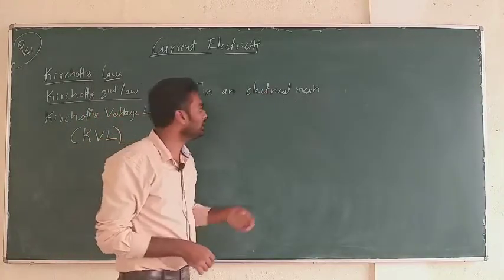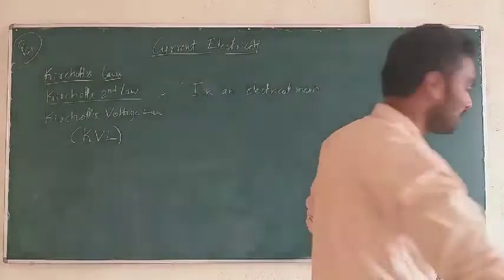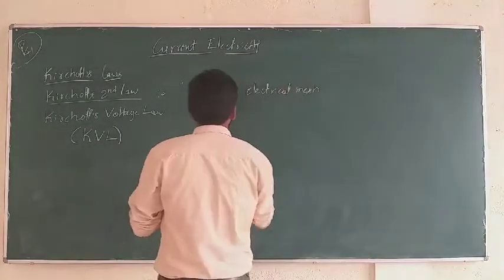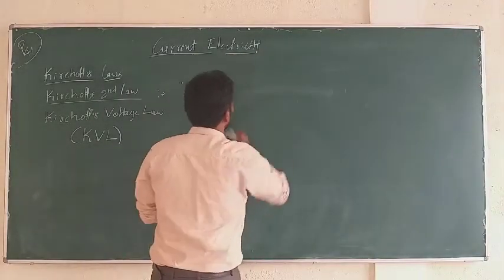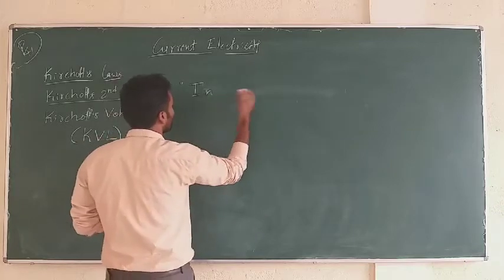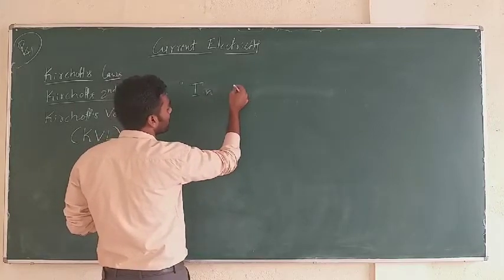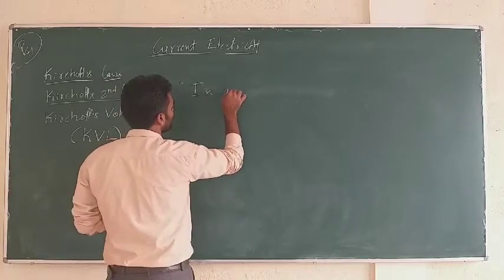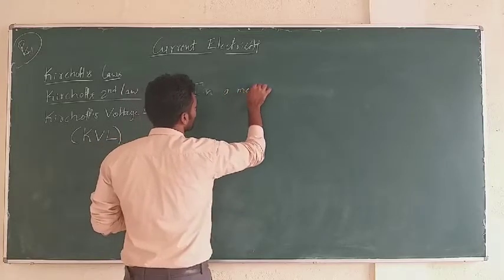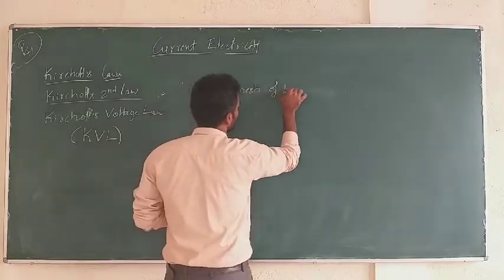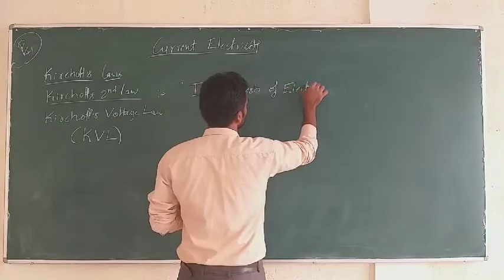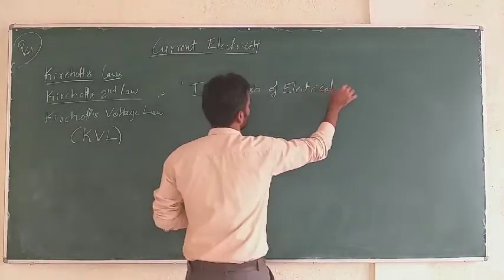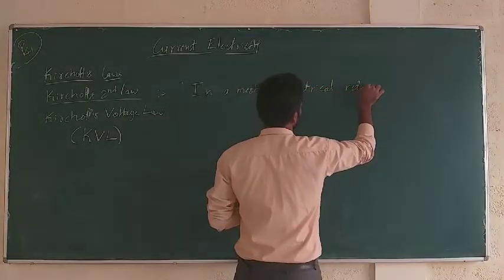That is also fine, or if I write simply in an electrical mesh, that's also fine. Let us go with the definition of the reference. In a mesh of electrical network,